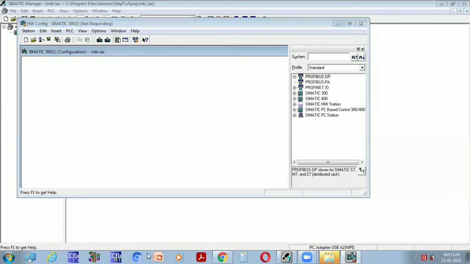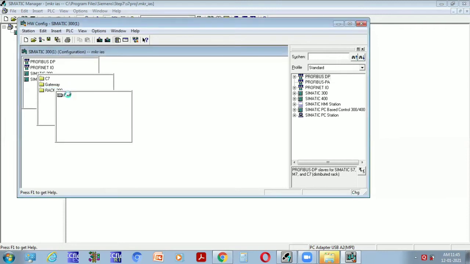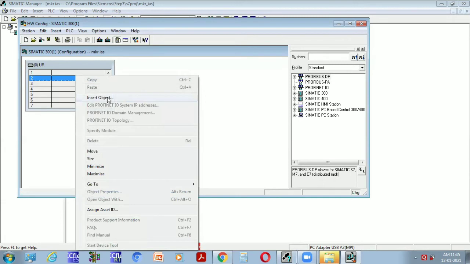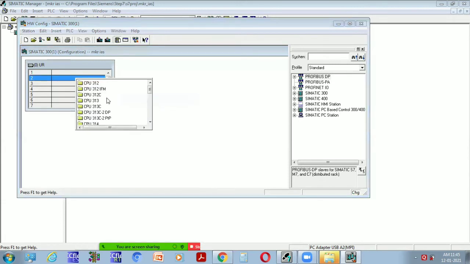In that, right click on the second slot, click on Insert Object and assign the CPU model here.